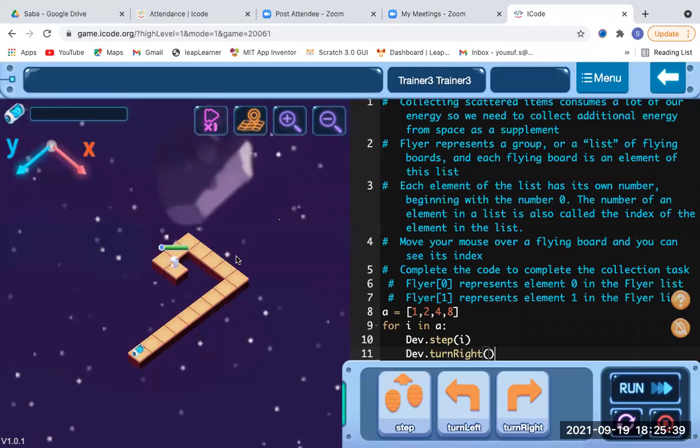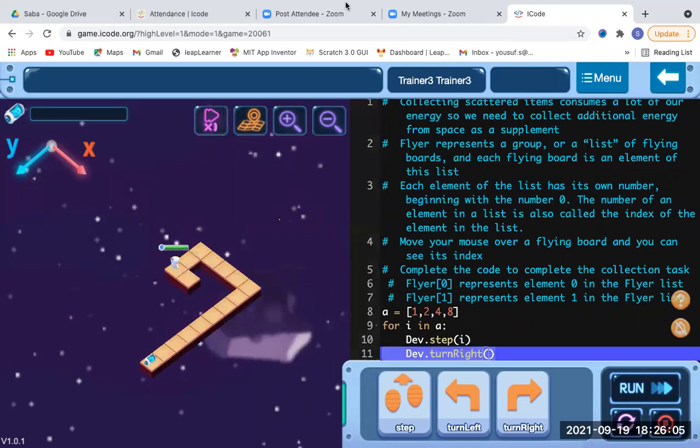And again it should take 4 steps, 1 2 3 4, and the last is 8. Then for i in range, we have given i in A. i is an integer, A is a complete list with different indexes. We have just merged that i inside the step of Dev, and it should turn right. Okay, so I'll run it. Now we'll go ahead.